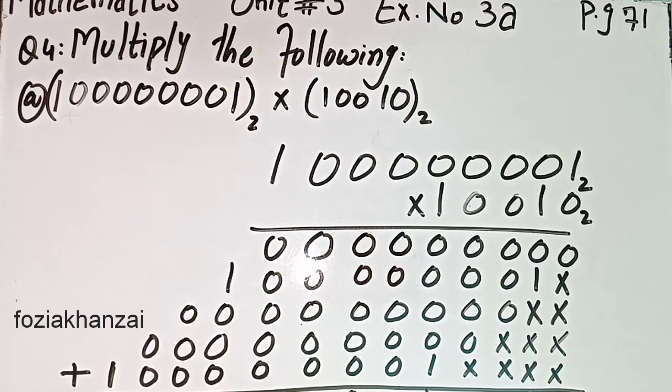Multiply in base 2 system. 0 multiplied by 1, 0, 1 is 0, or 0 multiplied by 0, 0, 0 is 0. 1 multiplied by any number, again we get the number itself, or 0 multiplied by any number, so we get 0.